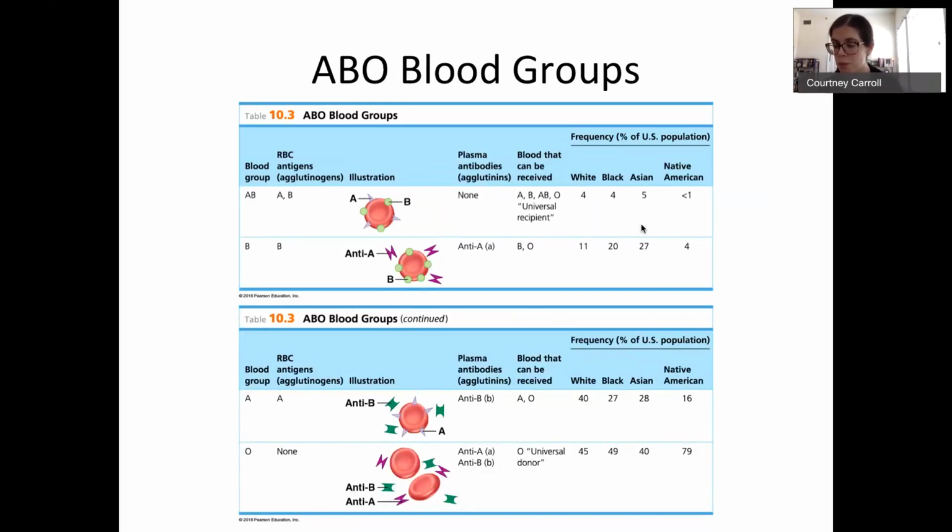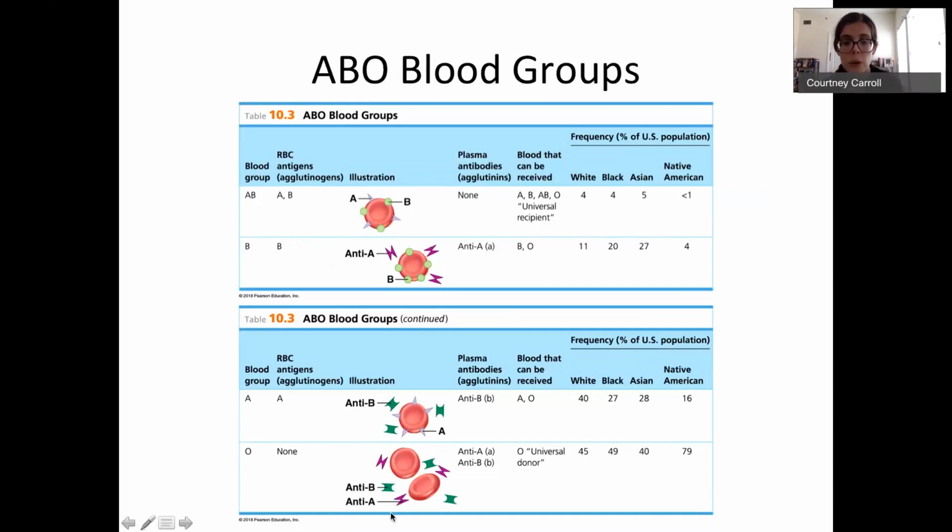Blood type is determined by the proteins on the surface of your red blood cells. So people who are AB blood group have both A and B markers on their cells. They are deemed the universal recipient, because they naturally have both A and B proteins, so their immune system recognizes both and won't attack either A or B coded cells. People who are just B, on the other hand, only have the B protein on their cells, and so they don't recognize A and will attack A blood. O type is considered the universal donor, because their cells have neither A nor B and won't be attacked by any bloodstreams.